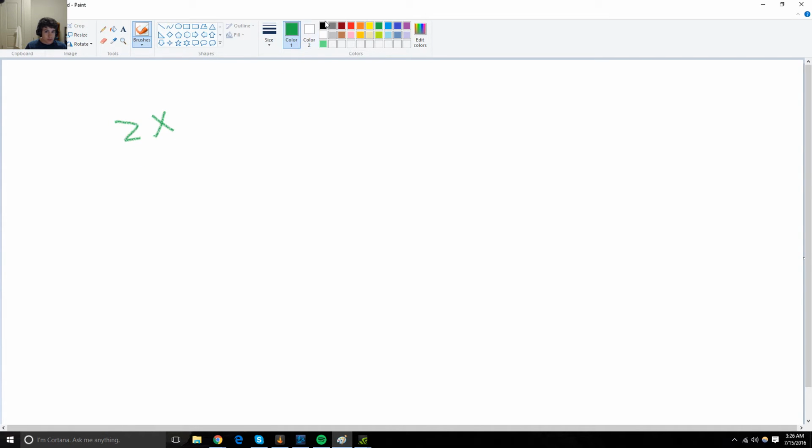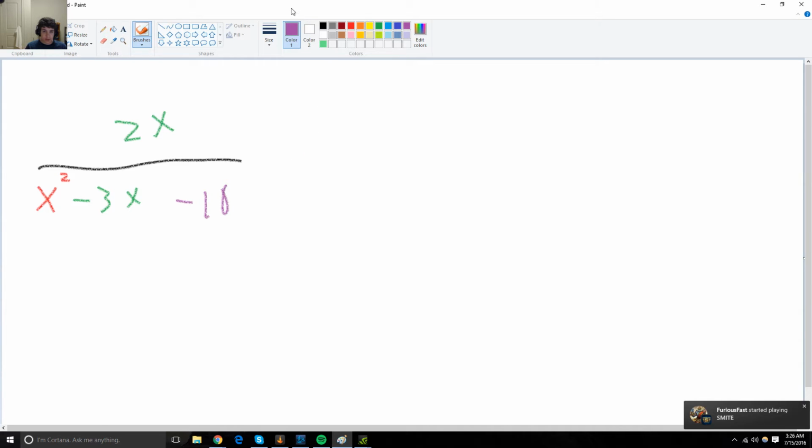2x. This is subtracting and adding and subtracting rational functions, which is a pain. Minus 2, 3x minus 10, and again I'm using colors for like terms, so these are like terms, the same color. Minus